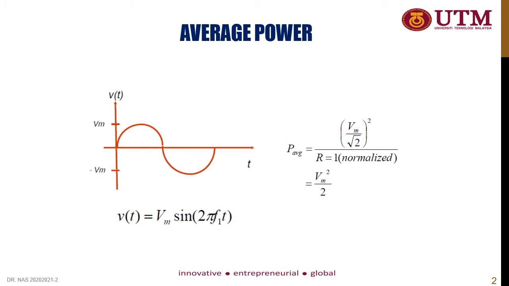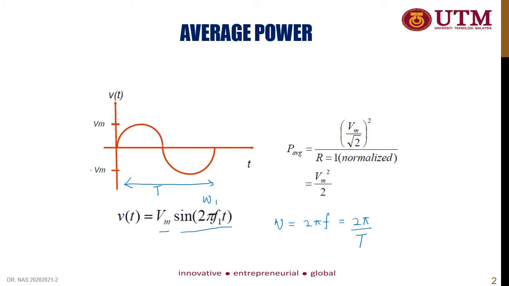So let's look at how to calculate the average power. If you have a sinusoid signal like this, for example the equation is Vm sine omega 1t. So this is omega 1, where omega is equivalent to 2 pi f, or equal to 2 pi over T, in which T is the fundamental period of one cycle. So P average can be calculated by